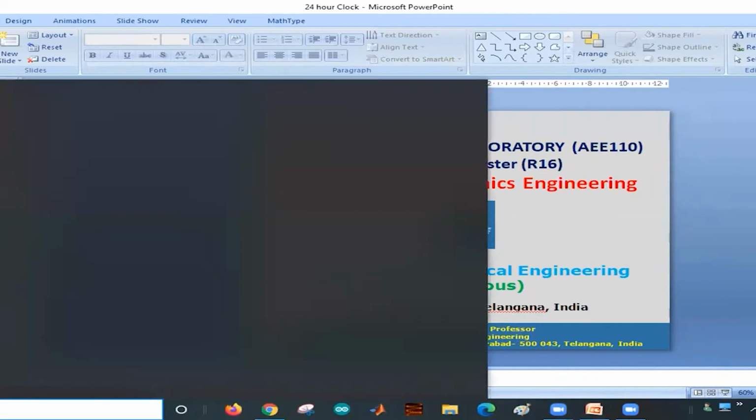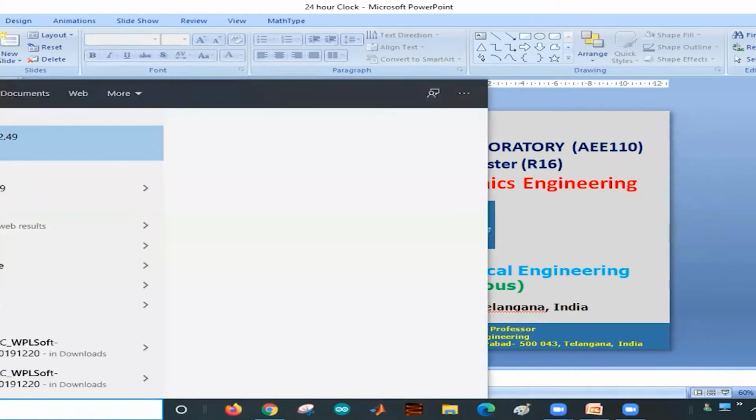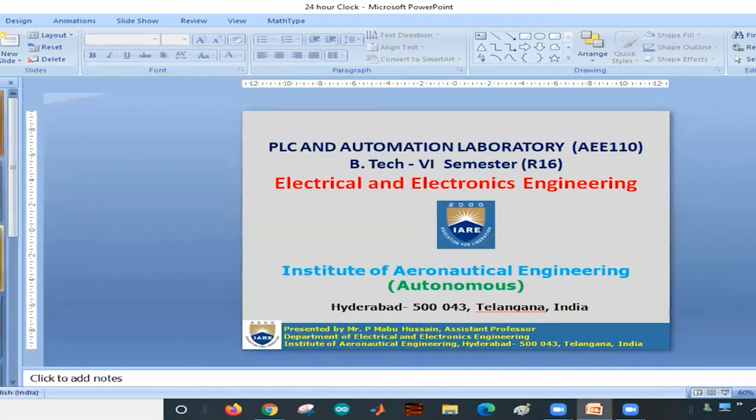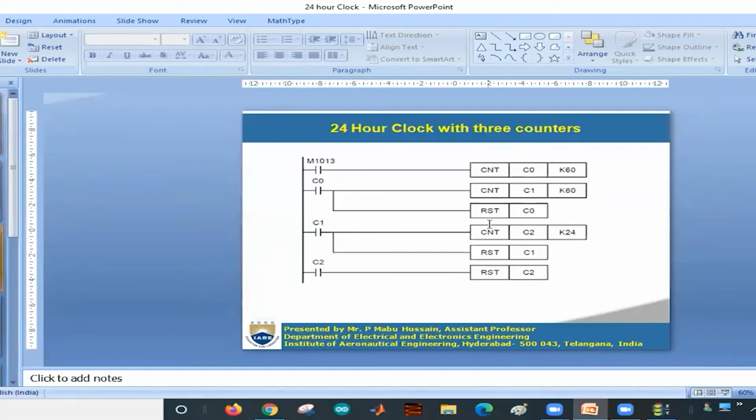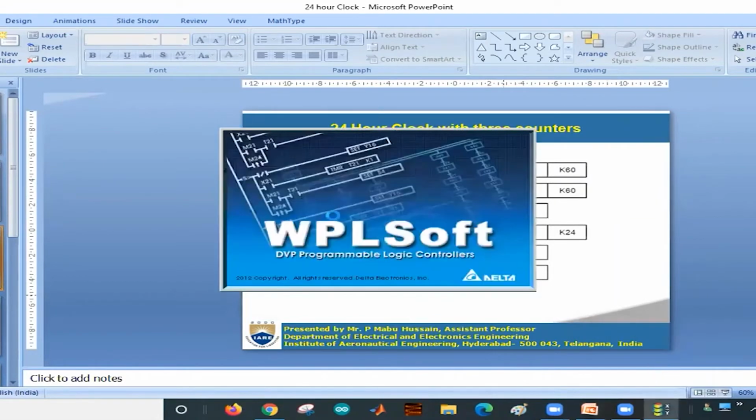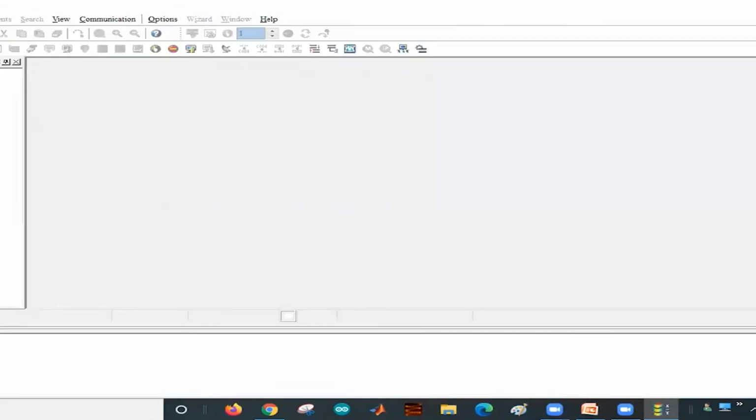Open the WPLSoft software. Now this program we are going to write in WPLSoft, so you take a new file.